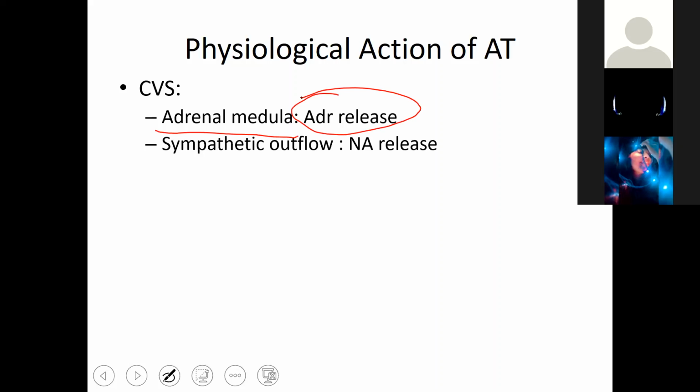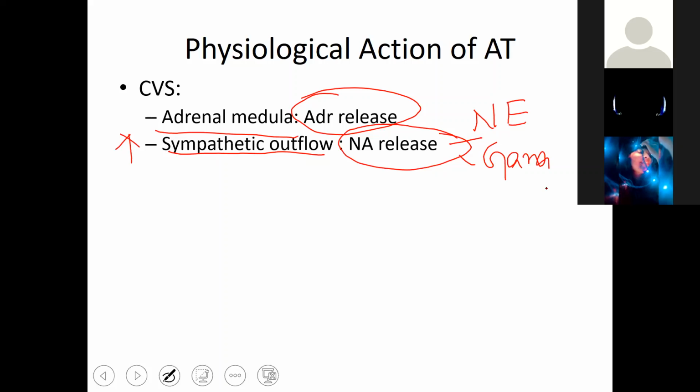That is one. Second, it causes increased sympathetic outflow. Where? In the brain, in the medulla. So there is increased sympathetic outflow, and there is increased noradrenaline release. From where? From the nerve endings as well as in the ganglia. After the release and the action of noradrenaline on the receptors, usually noradrenaline is reuptaken back into the axon terminal by transporters, that is the NET transporter. To some extent, that is prevented by angiotensin.